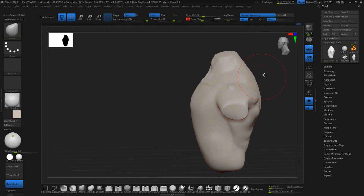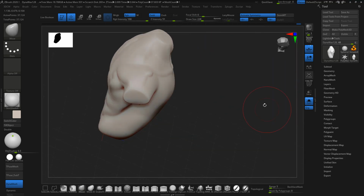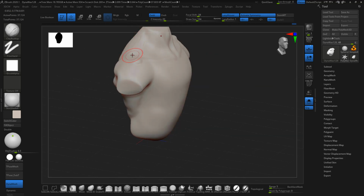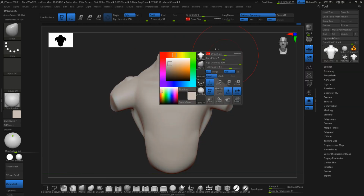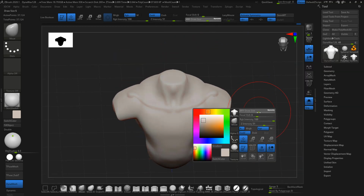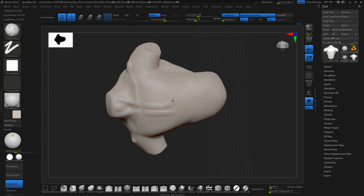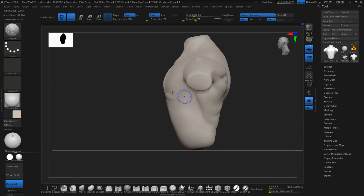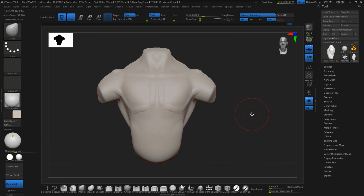And then the clavicle, you see the clavicle doesn't go straight. The clavicle actually has a little curve that goes on top of your shoulder bone or socket per se. So the clavicle is never straight. It has a little curve. And at this point I'm drawing just the muscle, just making the outline of it,